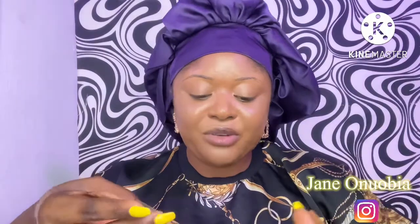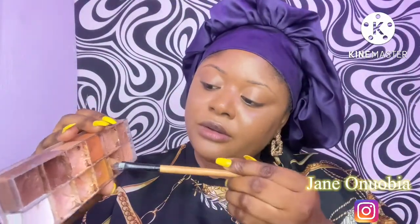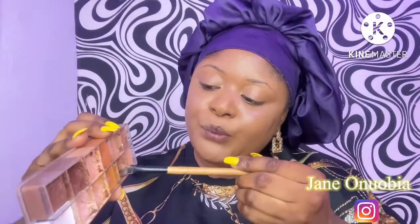So guys, I'm going to be contouring my face. I'm going to be using this concealer palette from V Beauty. Guys, I normally use this for clients, but I think I can use it for my face today. So guys, I'm going to be using the shade here, because I want to achieve something very skin-like, you know. So I'm going to be going